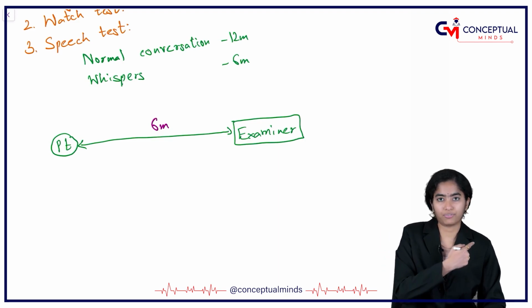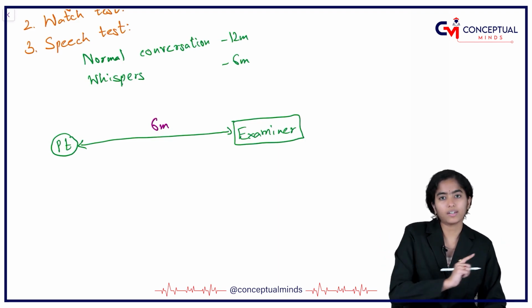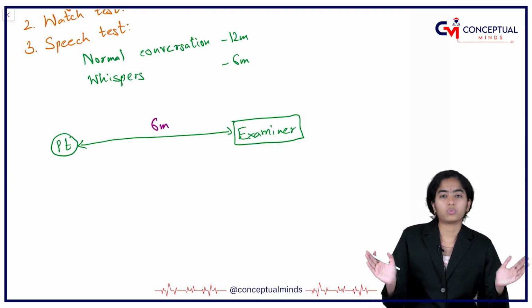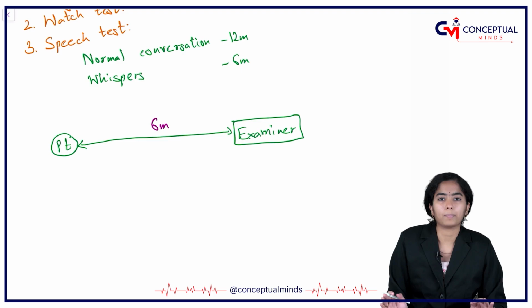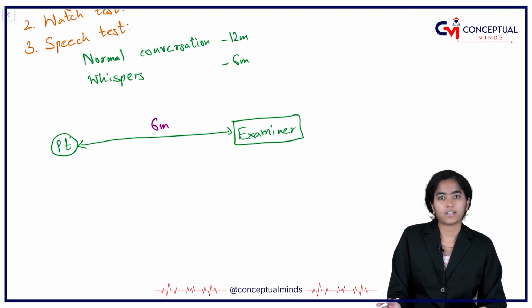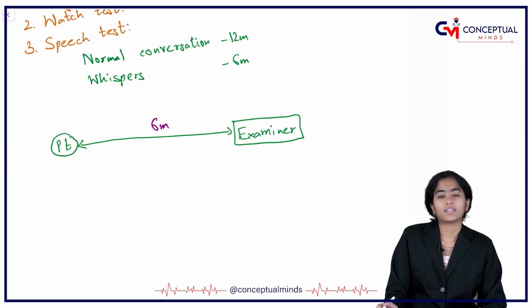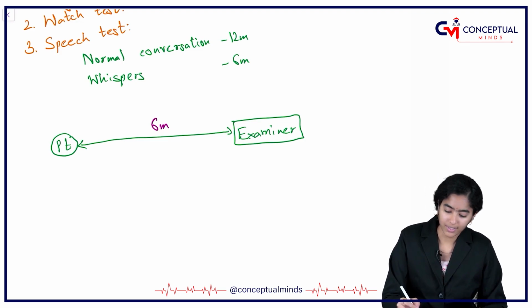Suppose if you want to check the left ear, then the examiner is towards the left side and the assistant closes the right ear. And then we try to do the test in a calm and noiseless surrounding as much as possible. And another thing that we do is we close the eyes of the patient so that there is no provision for lip reading. And then the examiner uses spondee words